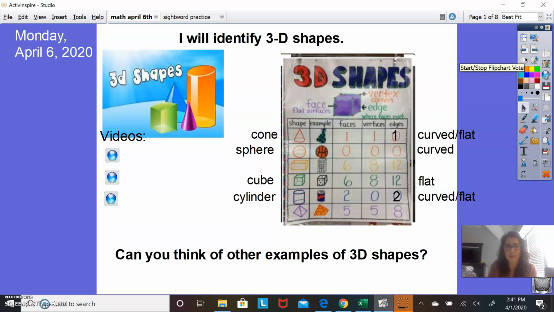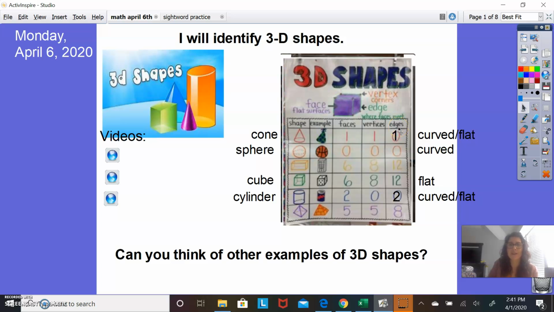And I want to make a really important announcement on a correction. Ms. Castillo gave you some incorrect information, and I apologize for that. And it was about the cone and about the cylinder. The cone has one face, one flat face to the flat surfaces, has one vertex, which is up here at the top, but the edges,